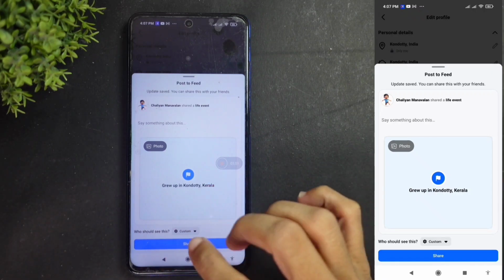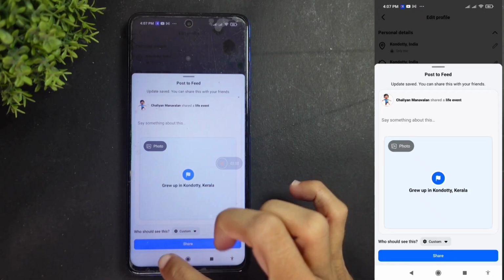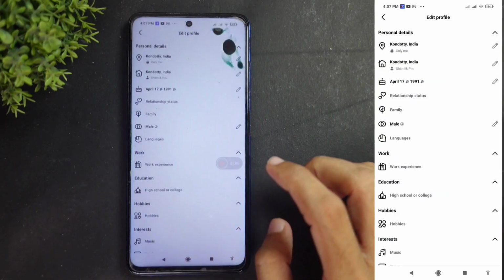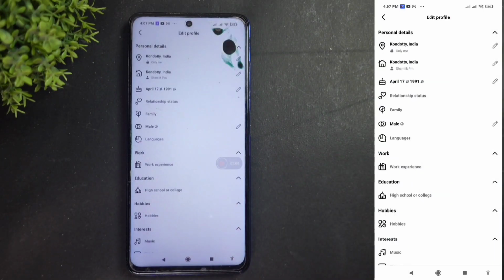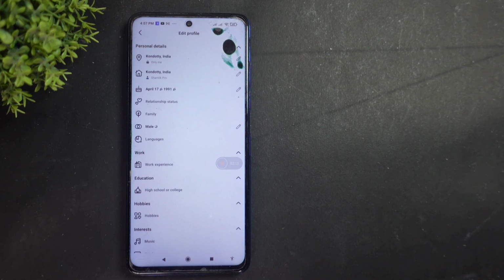If you don't want that, you can click on this Back button. Or if you want to show, you can click on the Share button. Anyway, I'm clicking on this Back button so that settings will be saved. So this way you can easily set your hometown in a way that only some specific friends can see on your